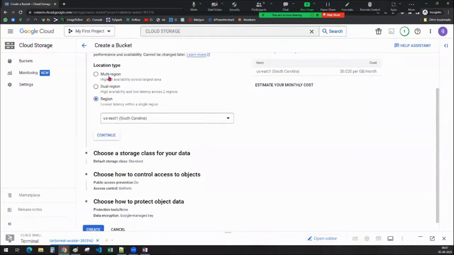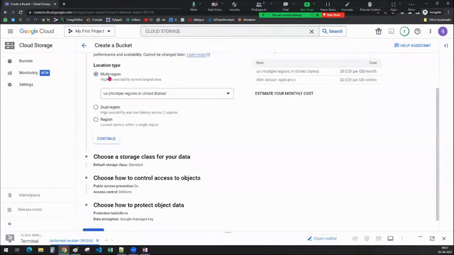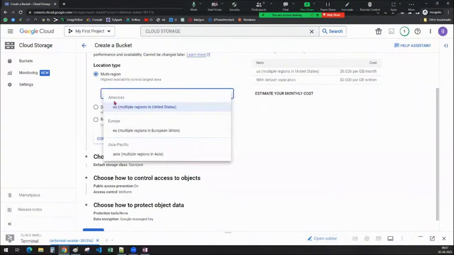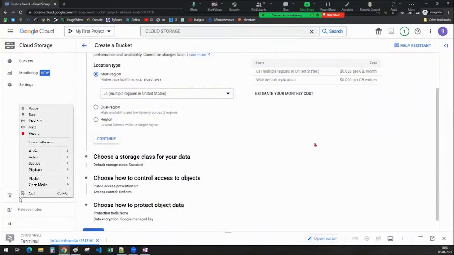As per my business, I don't want to lose the data at any cost, so I will go with the multi-region, and inside that I select Europe or Asia specific, or this one. For now I am going with the US multiple regions. So this is the region I have selected. Inside that US, the data